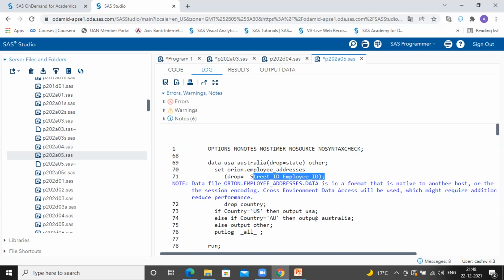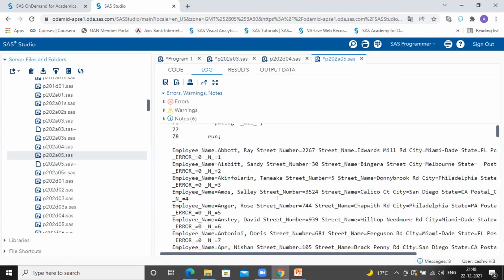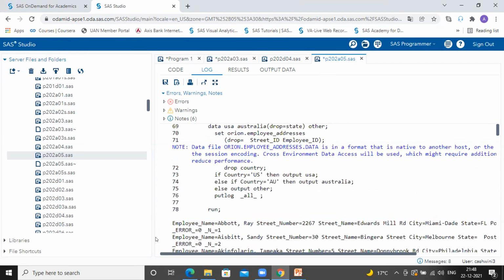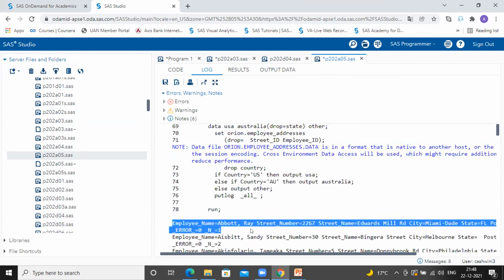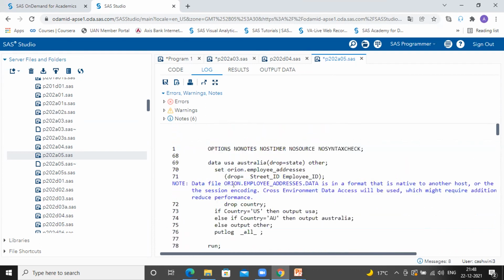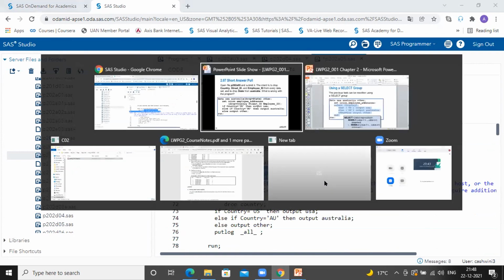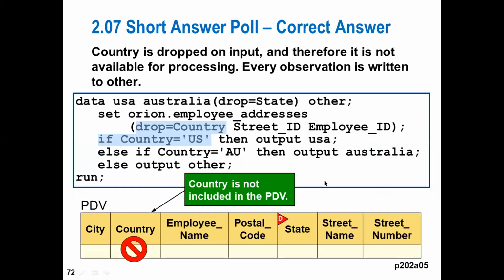But street ID and employee ID you cannot see here, because they are not in your PDV. They are not selected from the input data, because you have dropped them, so they are not read from input data itself. All right. So this is what the answer is.